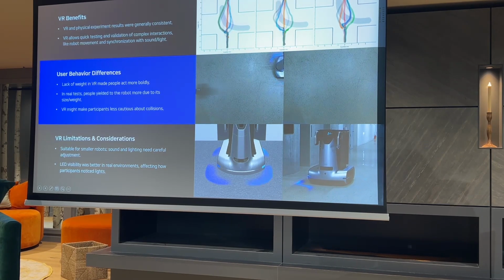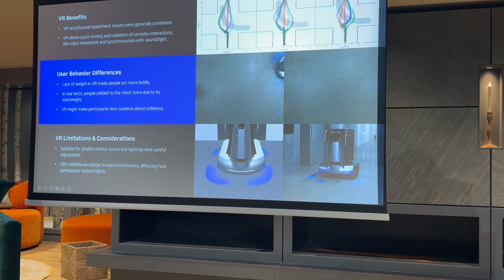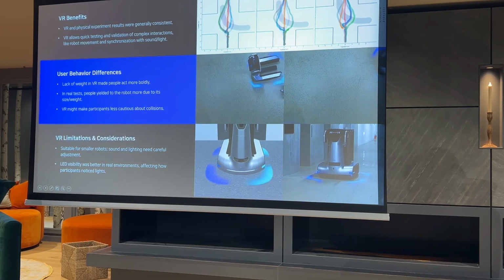We found VR simulation for designing robots' navigation interaction to be highly effective. The overall results from VR experiments were generally consistent with those from physical experiments, and interactions that are difficult to implement with a robot can be